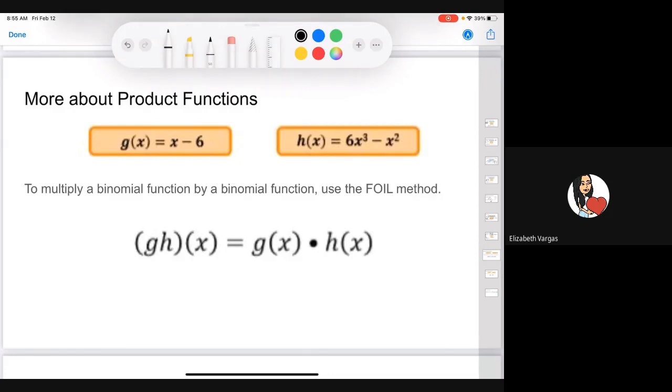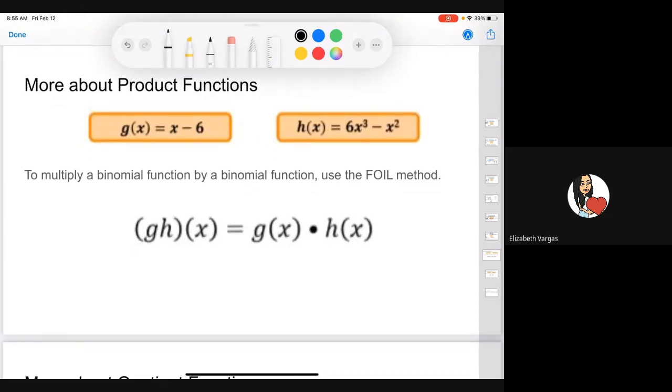So now here's another example that we can go through of multiplying each of our functions together. And what did we see when we multiply our functions together? Well, we quite literally multiply them together. And so that will look like x minus 6 times 6x cubed minus x squared. And now what I have to do is use my FOIL to simplify. So first I'll do